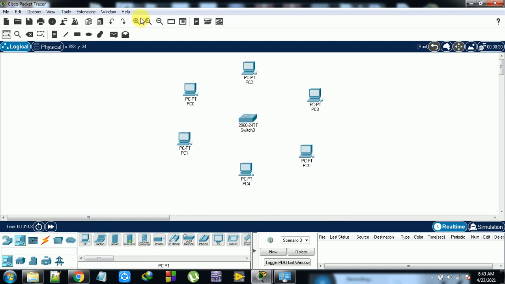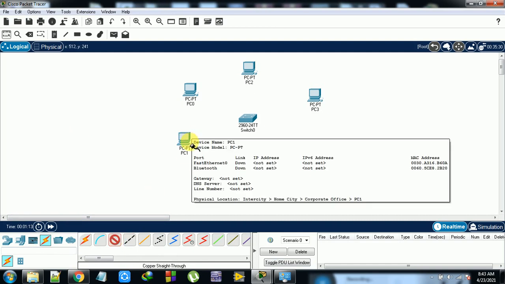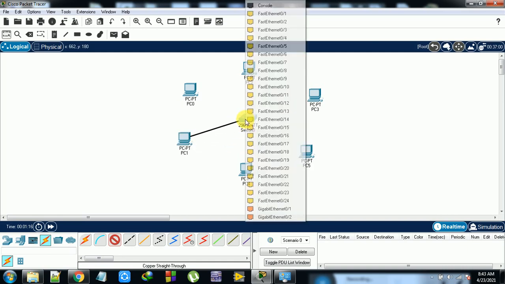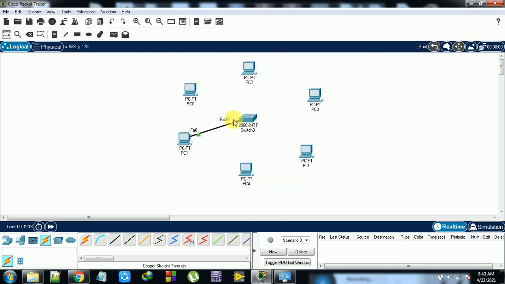Here, first of all, I am going to connect the connections. There is no need of a cross connection here because there is only one switch, so directly you can connect. So Ethernet 0 to some port. Next, from here to here you need to connect every device.